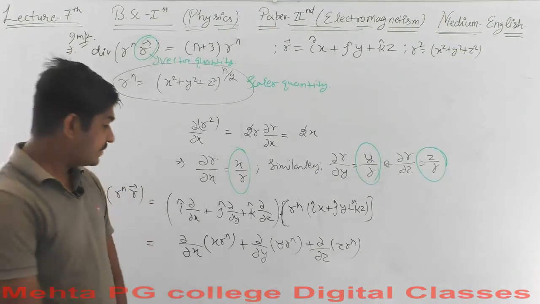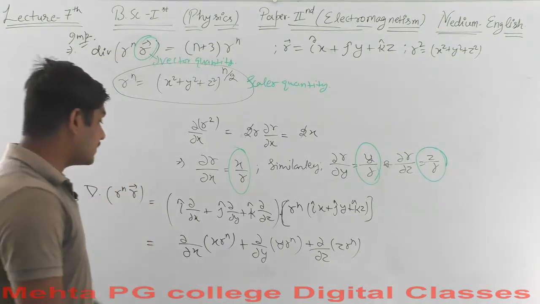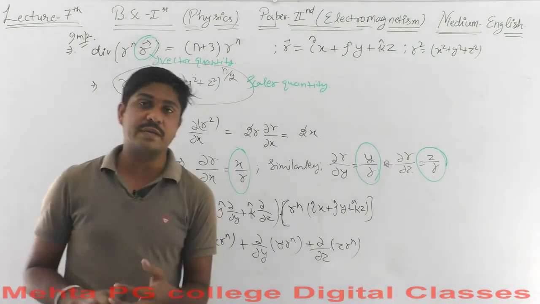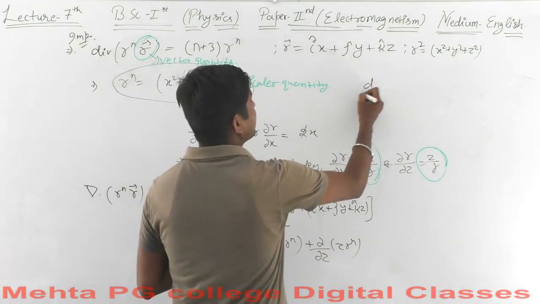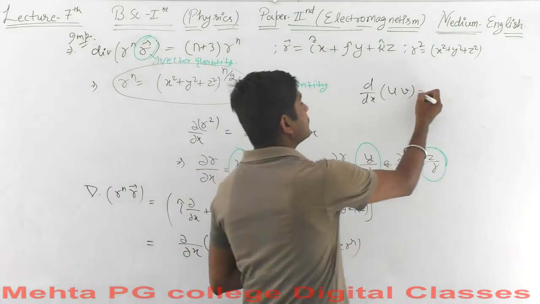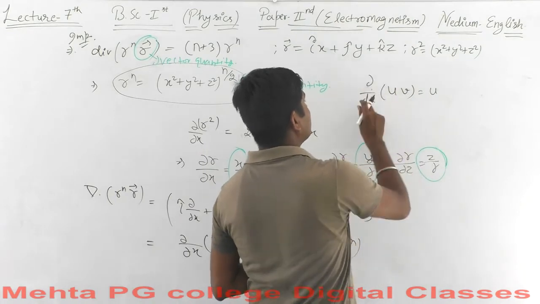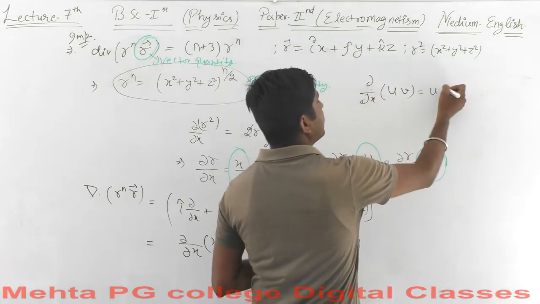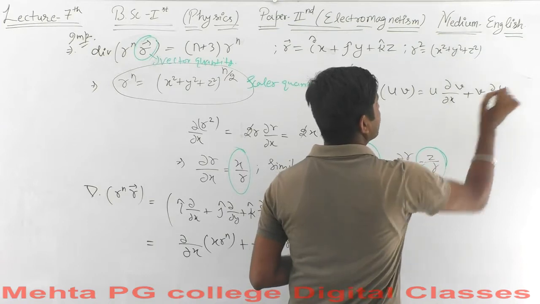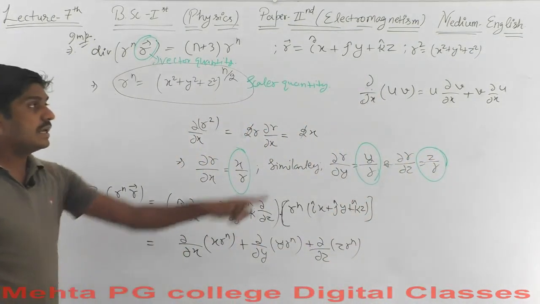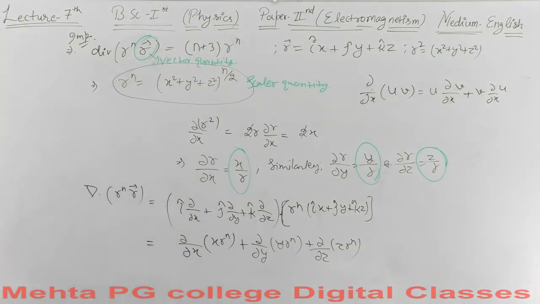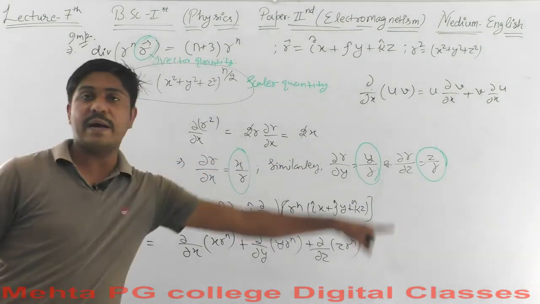So what will the values be? Every time we calculate values, first we take the derivative for this x. This is solved by taking the derivative of u dot v. The derivative d over dx for uv is equal to u curly over curly x for v plus v curly over curly x for u, the partial derivative. We will solve this equation by that method. You can take a screenshot for this, then we will proceed further. Keep all these things in your mind and we will use them.